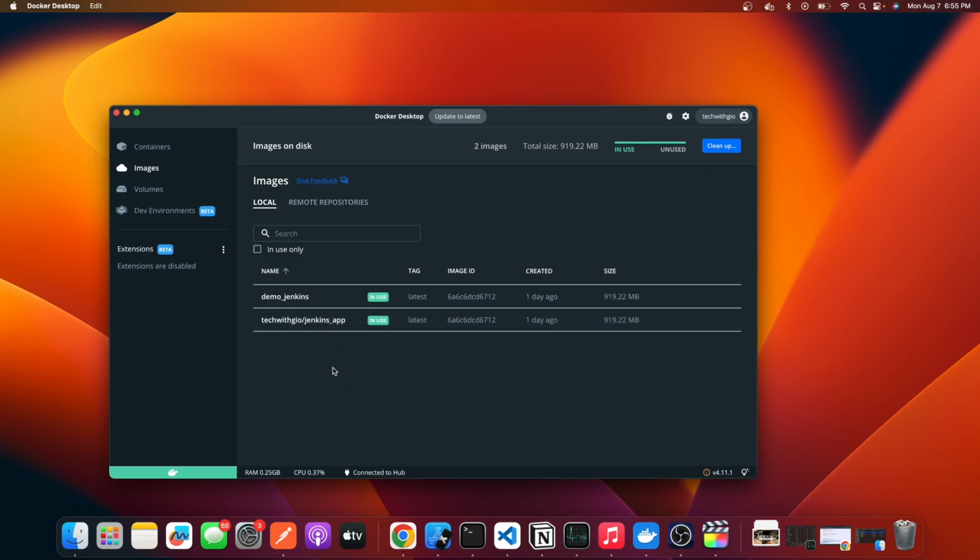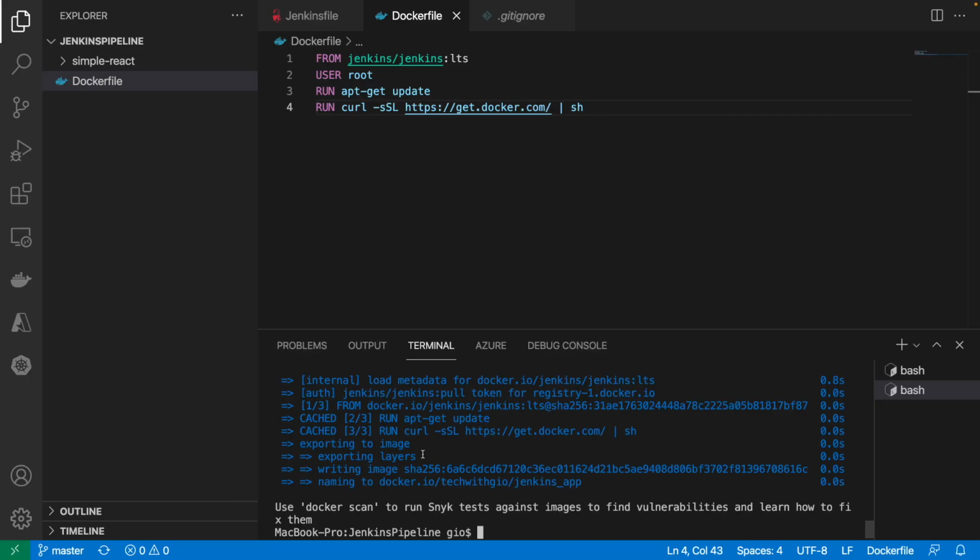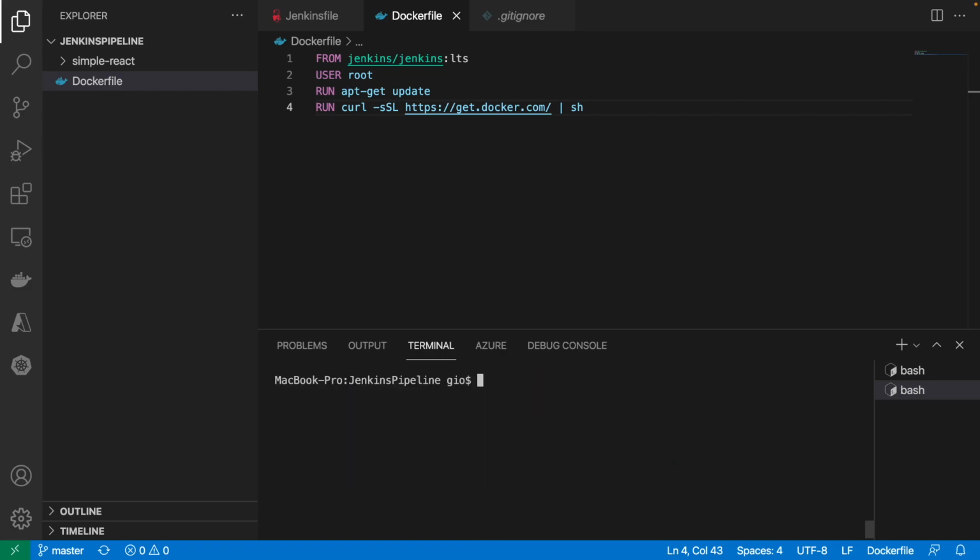Now with the image that we created, all we got to do is run it. So let's do that now. To run a Docker image and create a Docker container, we have to use the following command. Actually, let me just clear this out first before I do that, because it's getting a little bit convoluted here. So we can do docker run